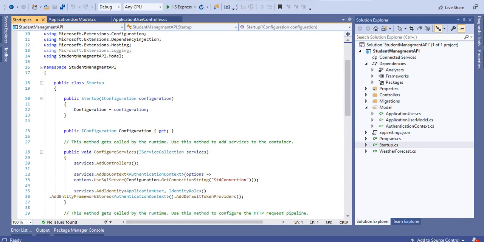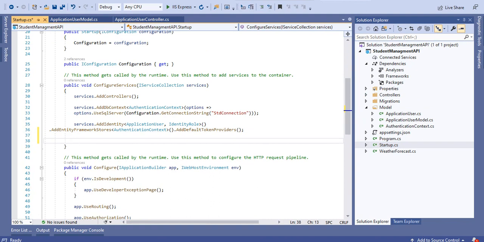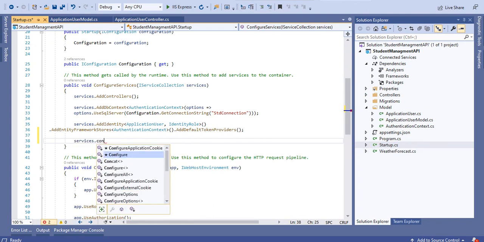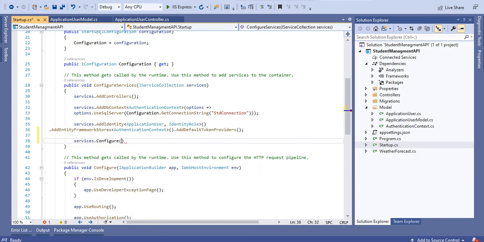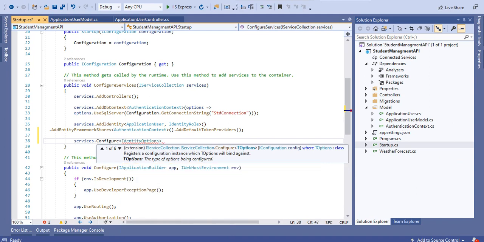and here let's go to the startup.cs class, and inside the ConfigureServices method, we have to do so, let's write that code. For that, services.Configure, and inside this one, we have to take the identity option. So let's take that identity option,